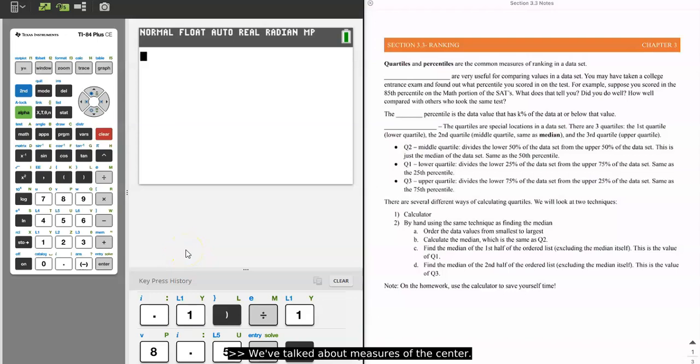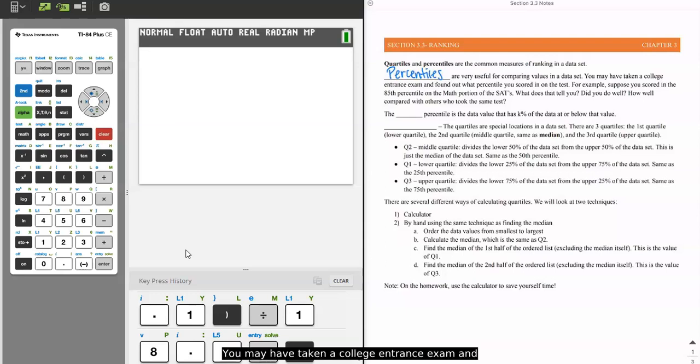So we have talked about measures of the center, we've talked about measures of spread or variation, and so in our last section we're going to talk about ranking. And so the two things we're going to talk about, quartiles and percentiles, are the common measures of ranking in a data set. So percentiles